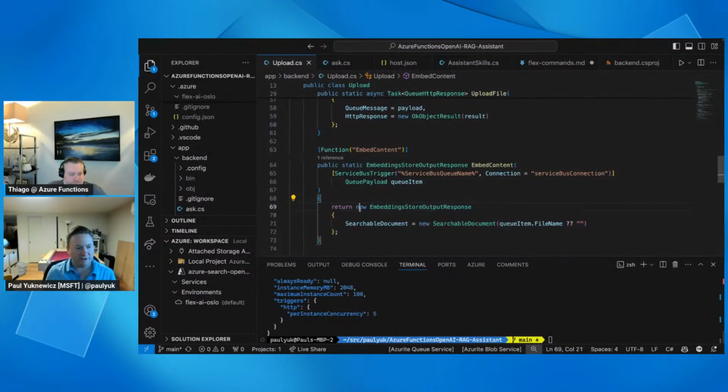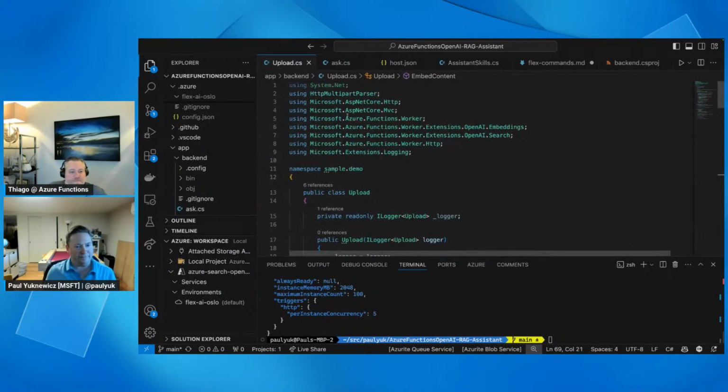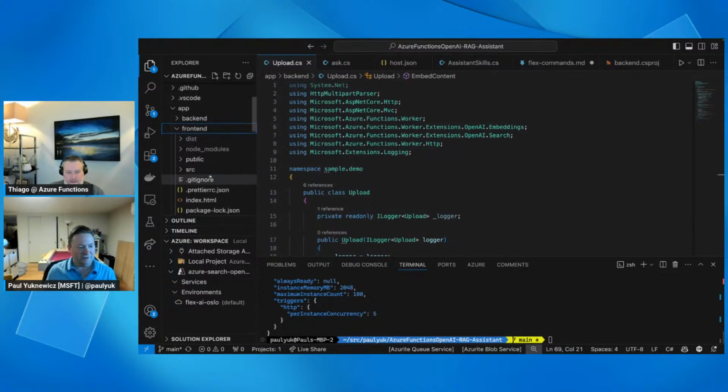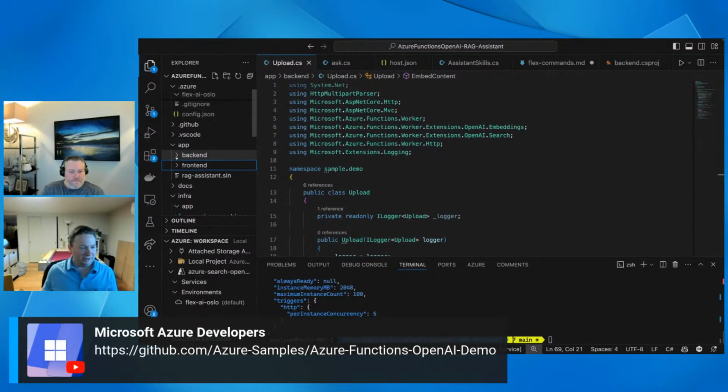Perfect. Okay, so what we're looking at here, we have an Azure Samples repo, and I'll drop it in the chat after this, for our new triggers and bindings for AI. I can even just show you the anatomy of this a little bit. In that repo, you're going to see a backend. The backend is where the functions live to do things like the data ingestion, upload, and prompting. And then the front end is just an HTML JavaScript app that we've deployed as a static web app. This gives us a little bit of a user experience, and it looks like a lot of the Microsoft samples you've seen with AI. You get your own UI for that. Let's focus on the back end.